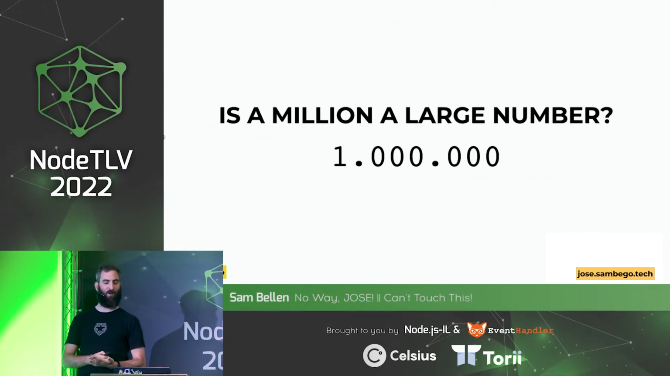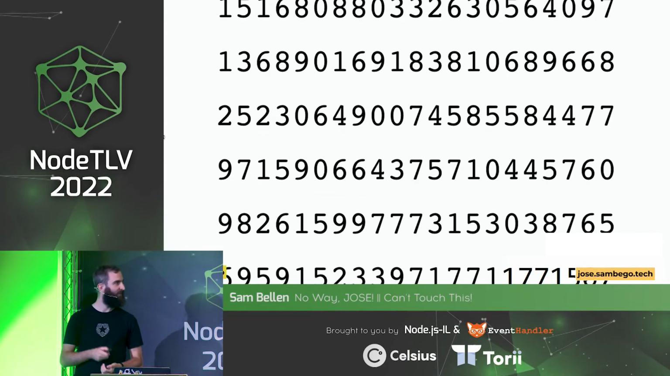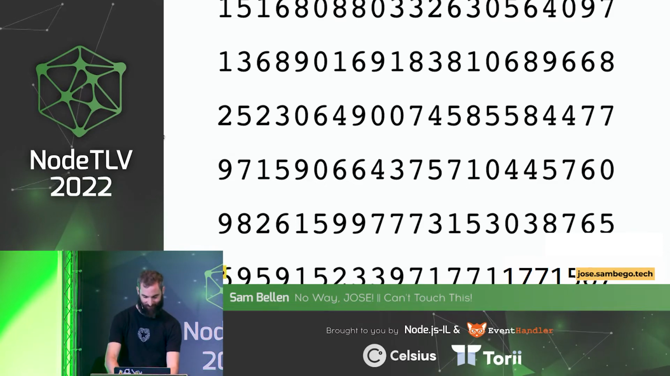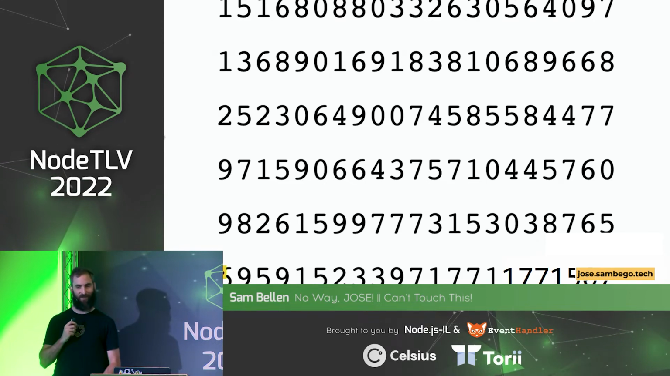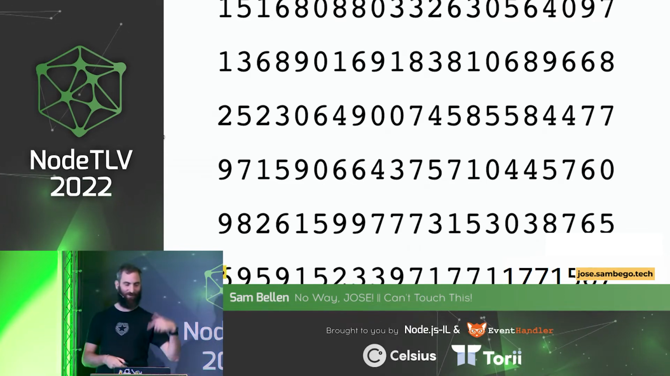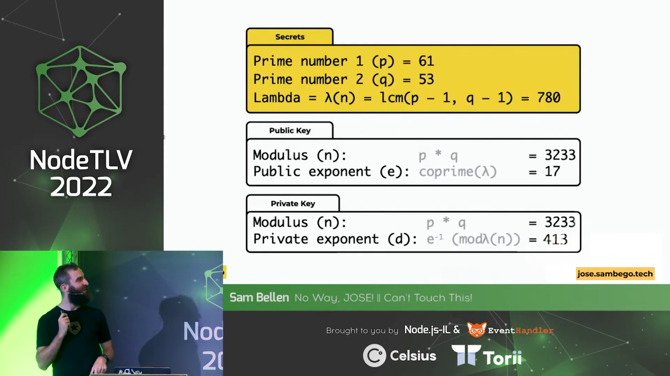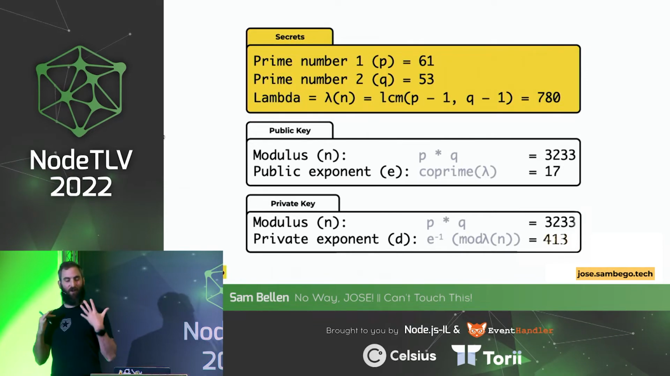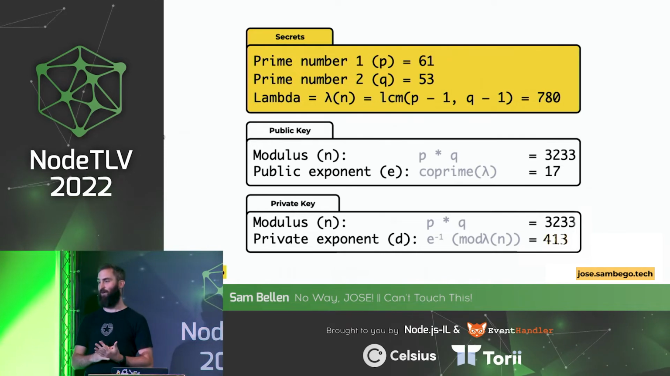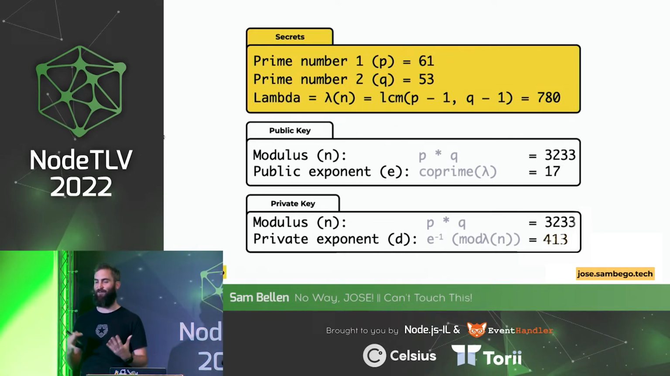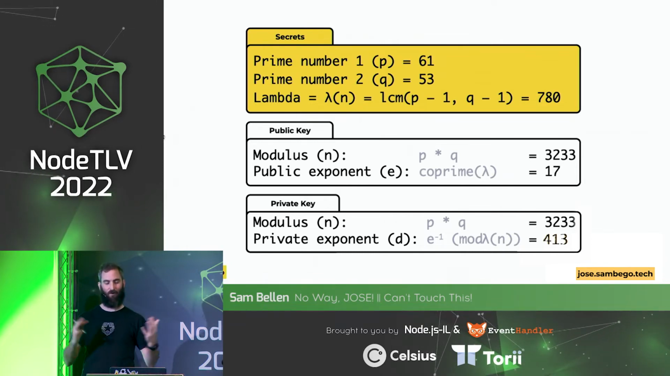Is a million a large prime number? Is a billion a large prime number? No, this is a large prime number. You cannot even see it, it's a bit zoomed in, but it's about 150 digits. I would show you the million and the billion, which look very small, but it's zoomed in on the screen, so I cannot show you. But we are working with large prime numbers. In this example, I will use small prime numbers, 61 and 53 to be exact, just because it's easier to demonstrate. In practice, you're going to use very large prime numbers, which have 150 digits or more,